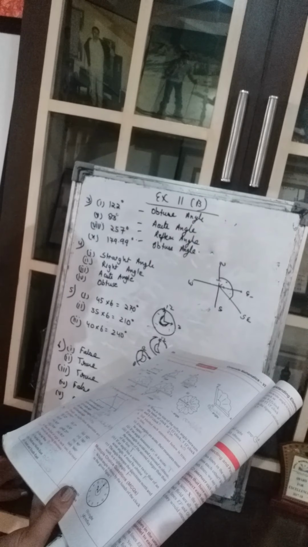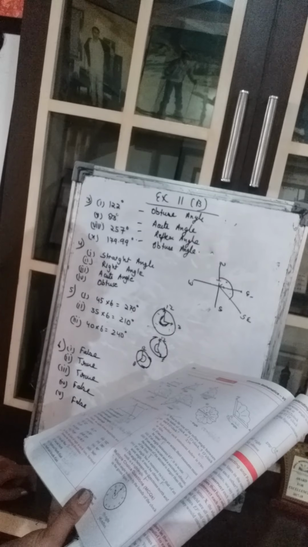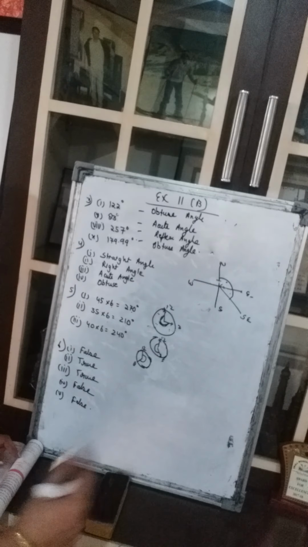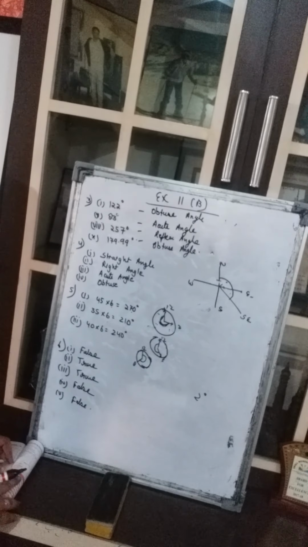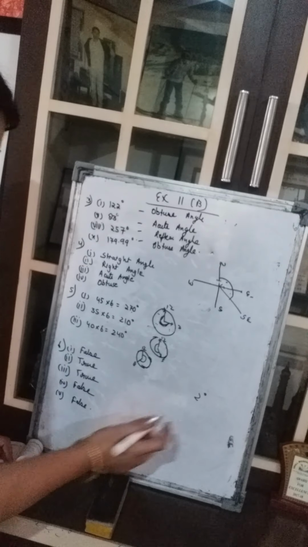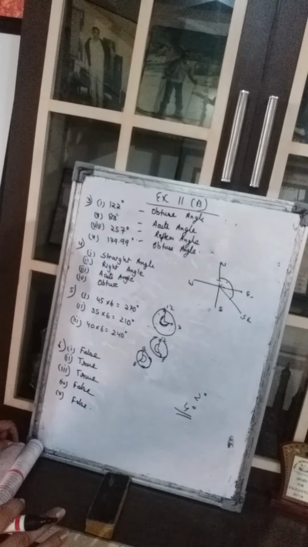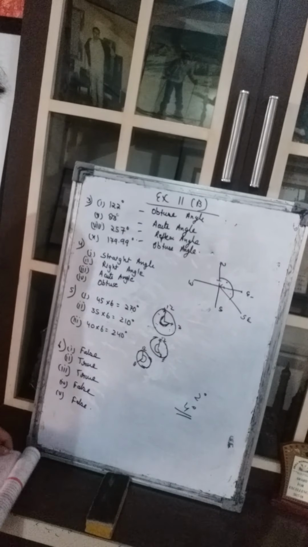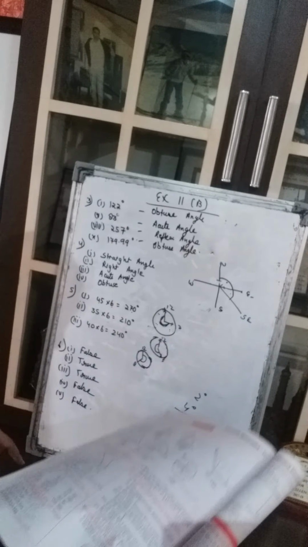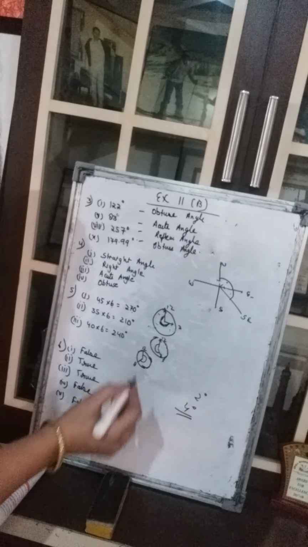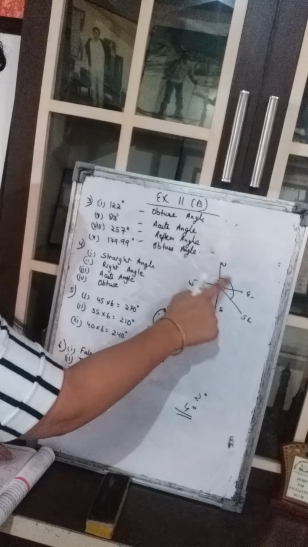If an angle has a measure twice that of an acute angle, it must be obtuse. Now suppose we have an acute angle of 2 degrees. Double of this, 2 degrees, is 4 degrees. So will it become obtuse? No, it is not necessary. It can be acute only. So this is false. Now the fifth part says the angle between the direction north and south is a right angle. Between north and south, is it a right angle? No, it's false. It is a straight angle.